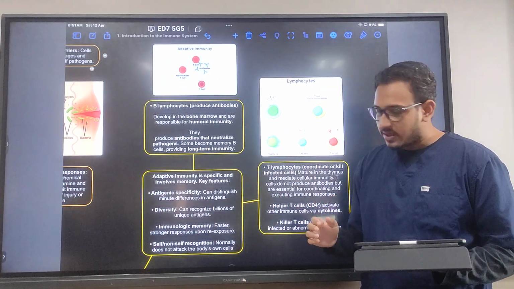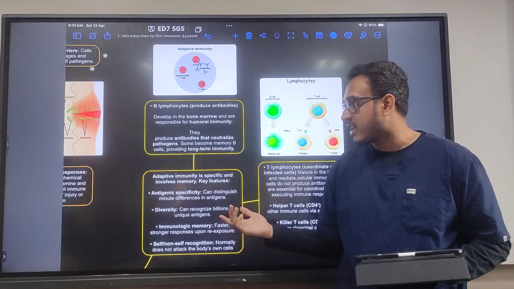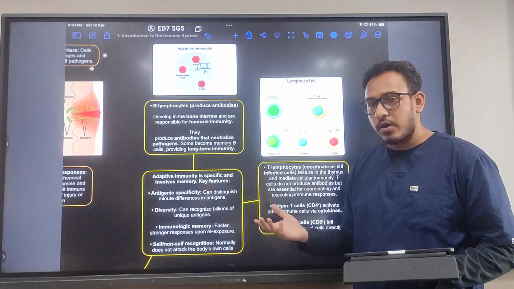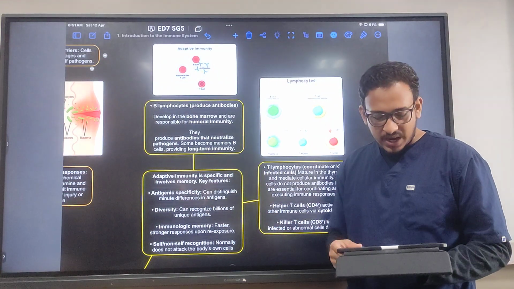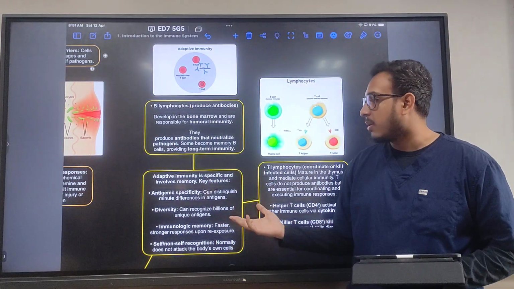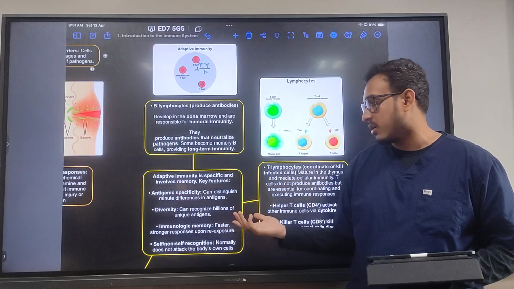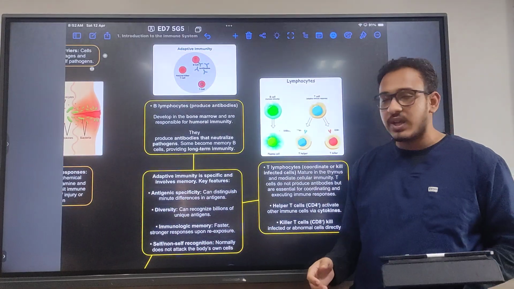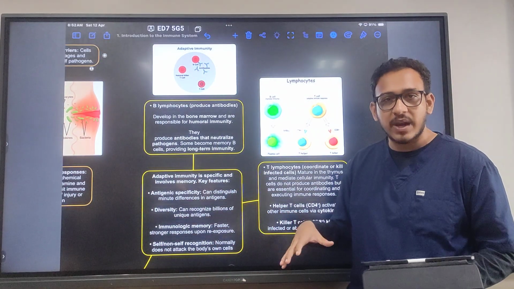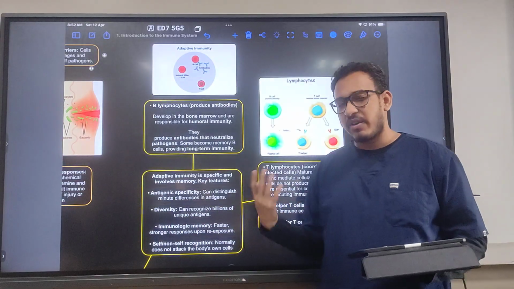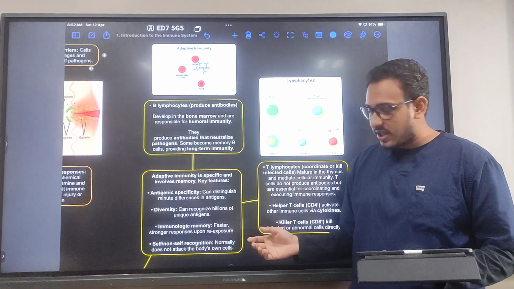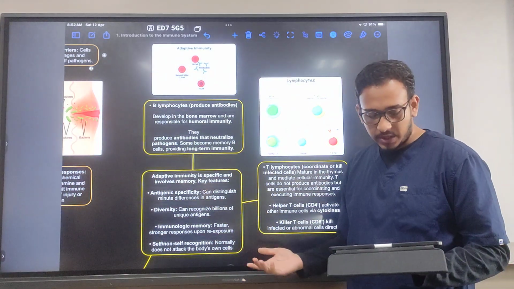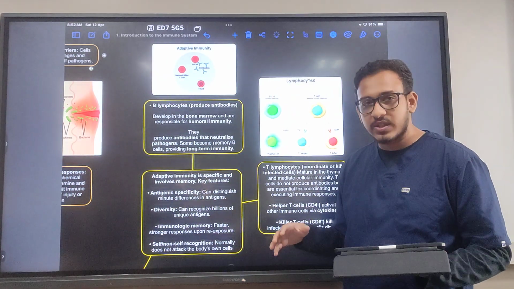There are specific key features such as antigenic specificity, so it is specific to particular bacteria, viruses, or pathogens, and it is diverse, so billions of unique antigens can be recognized. And then immunologic memory. Once these antigens are encountered, the response is stored in the body to prevent further infections. They also have self-recognition, so they do not attack the body's own cells;